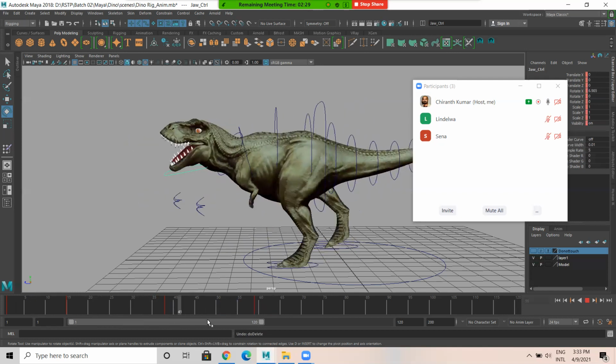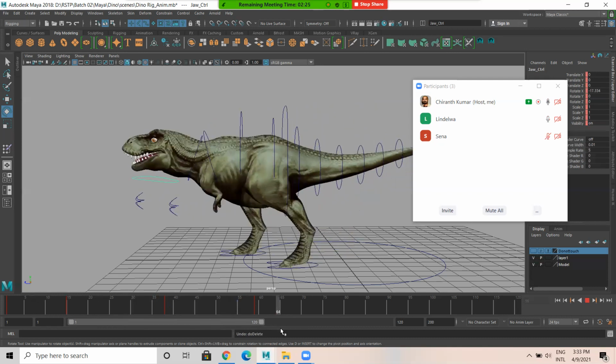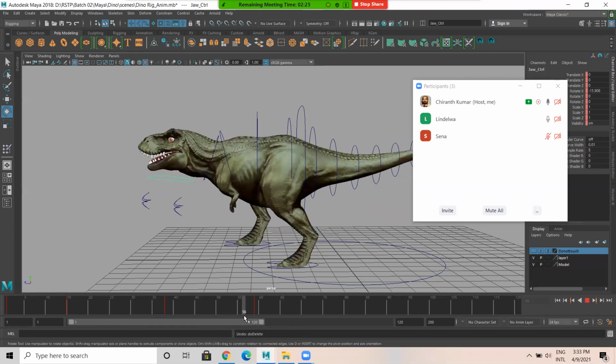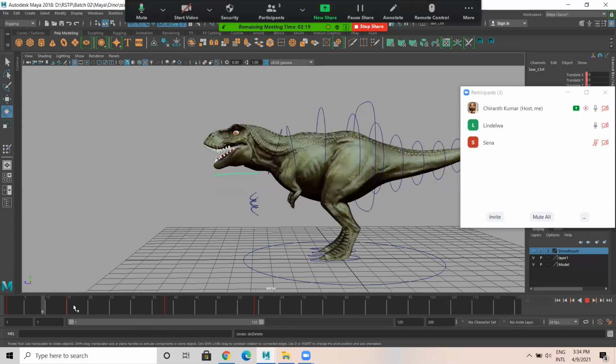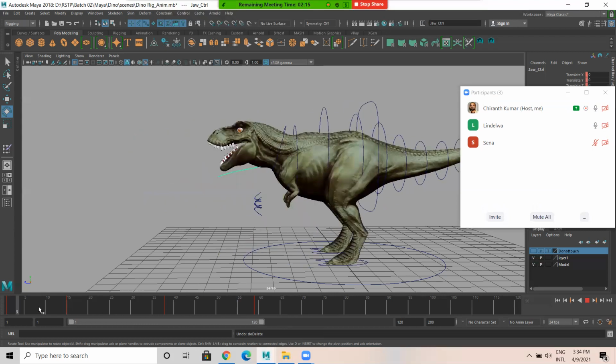Animation how I'll be teaching you all. See our character, what we have developed from scratch. It's moving now. It's animating. So this is how we give life to the character.